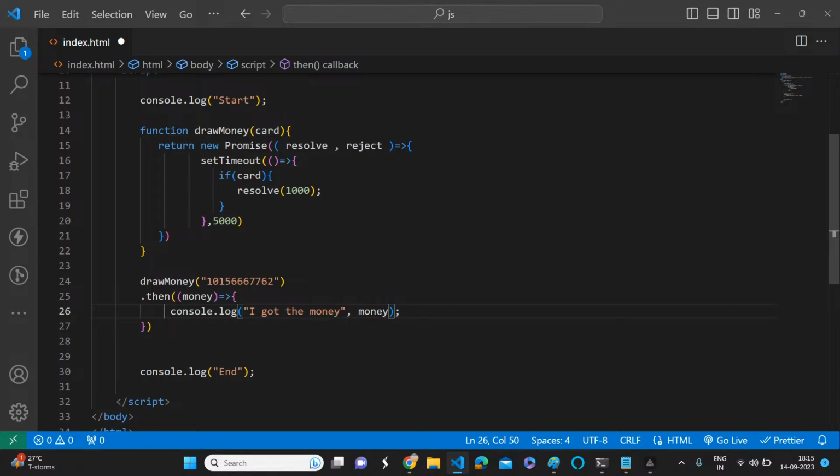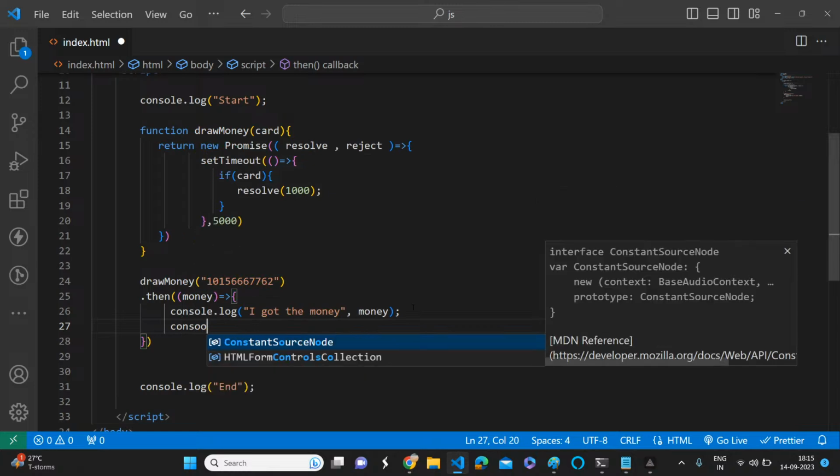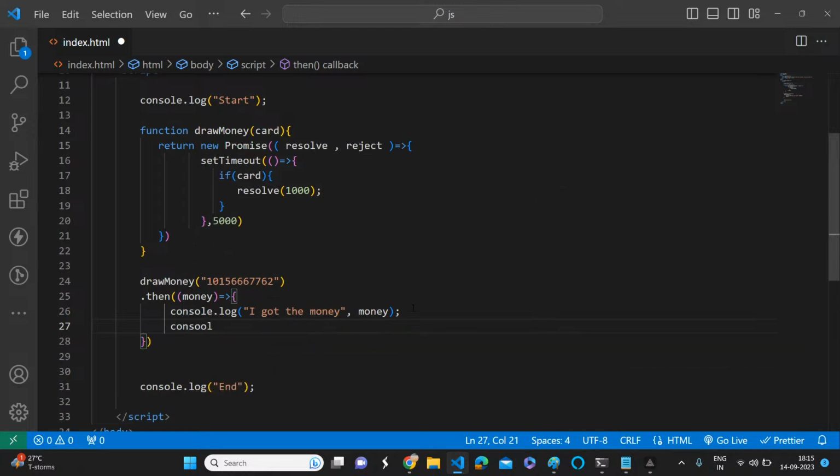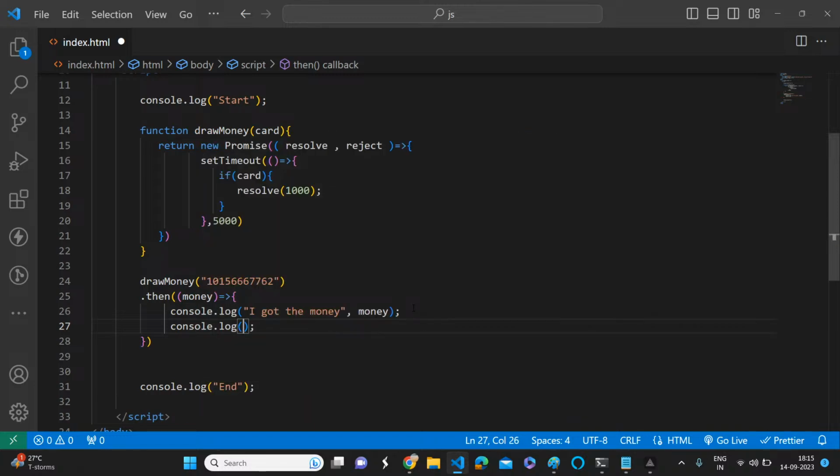Okay, now what can you do? You can order the pizza, right? Yes or no? Console.log, you can say yes, now I can order pizza with this money. So you are very happy. So let's see whether it is working or not.